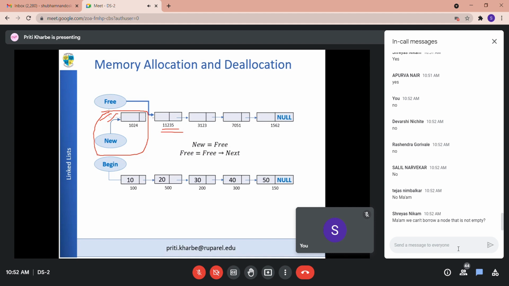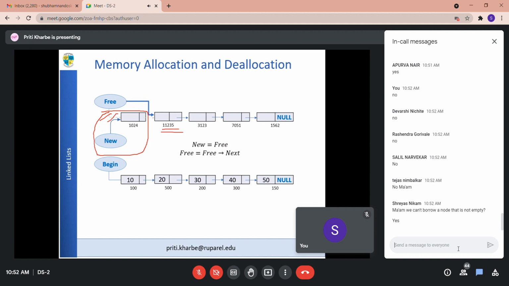Means from some other list you are talking. Then what about the information in that particular node? So see, when we are deleting, that means if suppose we have one more list, okay, and the information in a particular node is no more required, then it will give away that particular node, like that you are saying.